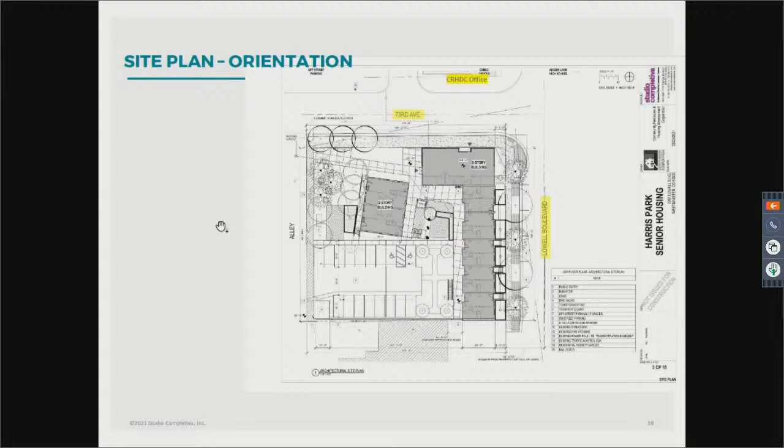Our project is located on the southwest corner of Lowell Boulevard and 73rd Street. Our client, CRHTC, has offices located directly across the street to the north. The Penguin Building is located adjacent to the south. And the Hidden Lake High School and playing field is located across the street to the east. Next slide, please.